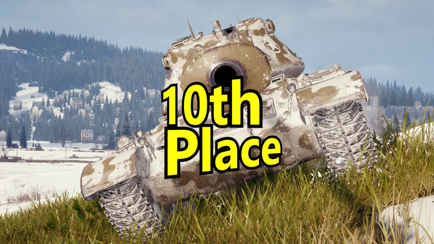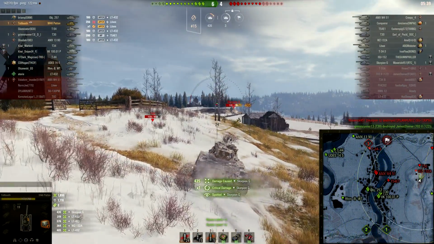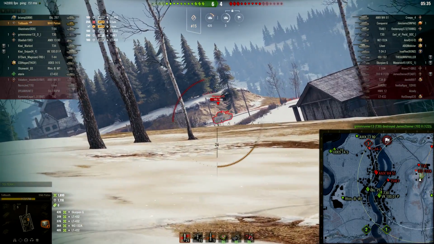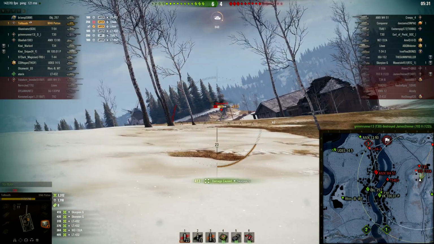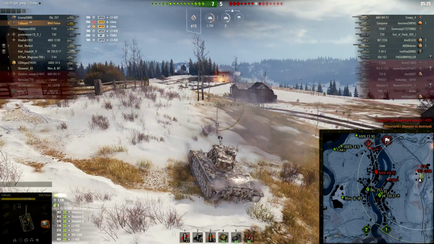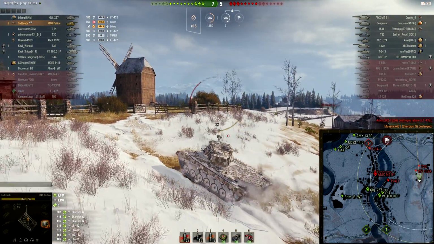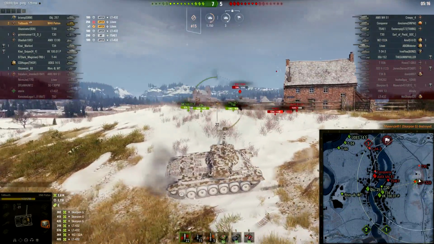In at number 10, it is the M46 Patton. This tier 9 American medium tank is an absolute powerhouse with regards to its damage per minute, packing 2,600 DPM. There are many tier 10 medium tanks that can't manage to pick apart their opponents that quickly, and so that means that when you get to engage your tier 7 and tier 8 tanks more frequently as you drop down to tier 9, and you combine that with 10 degrees of gun depression, this thing is just an absolute